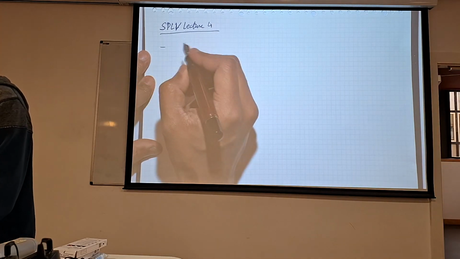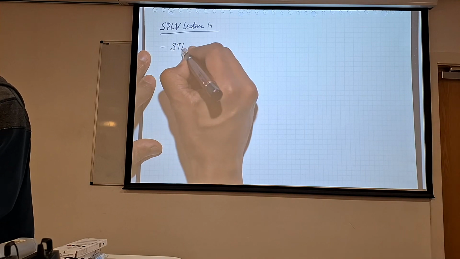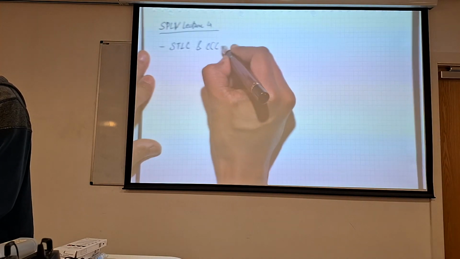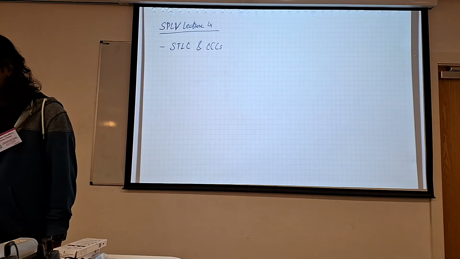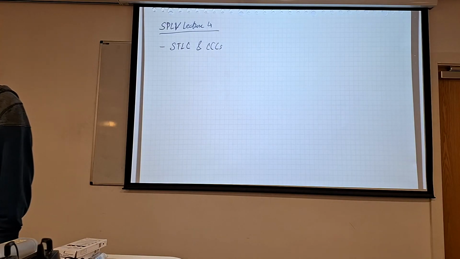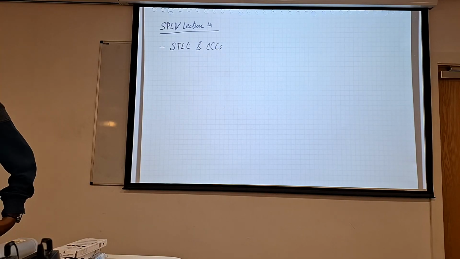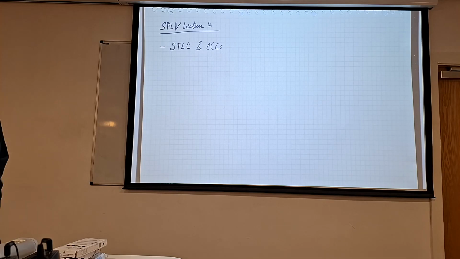So we talked about STLC and CCCs, okay? STLC presents the pre-CCC, and if you ever find a mathematical structure which is Cartesian closed, it'll give you exponentials, and you should think about what it says about computation, right? So that's one way of thinking about semantics.